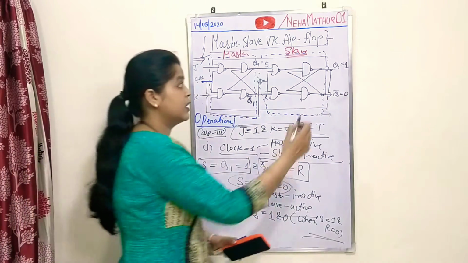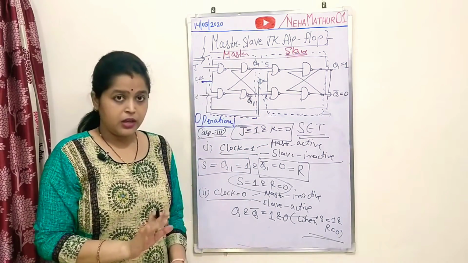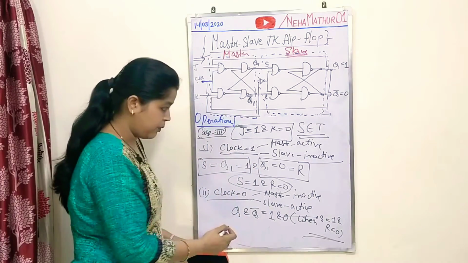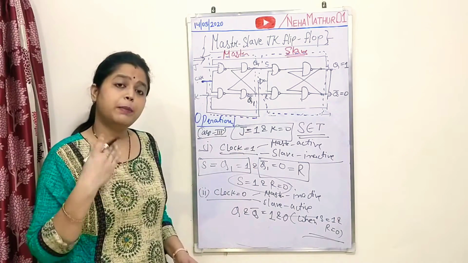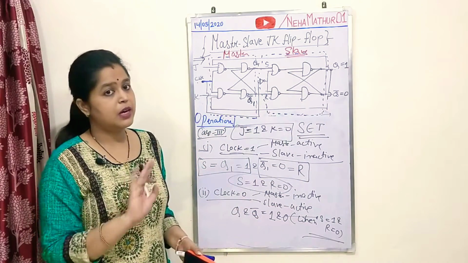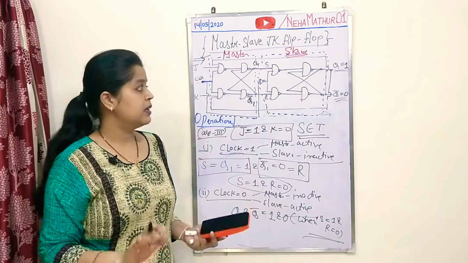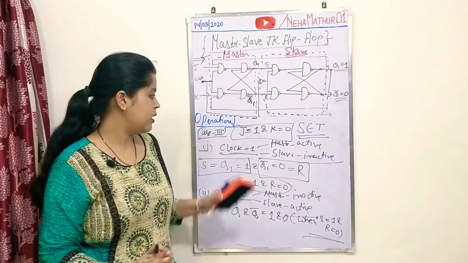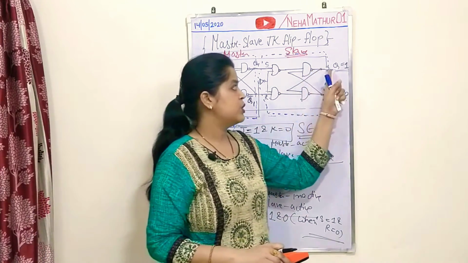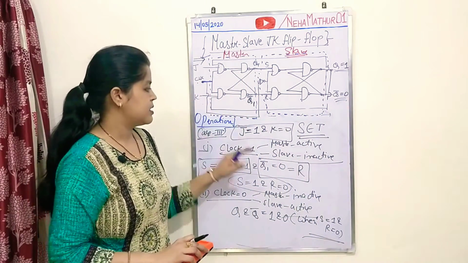Now again, if these main outputs are fed back to the main input with clock equals 1 and clock equals 0, unless you want to repeat the step by changing the outputs, you can repeat the step but your output will not change. You will get stable outputs for J equals 1 and K equals 0, with Q equals 1 and Q bar equals 0 from your third case. So this is the third case.